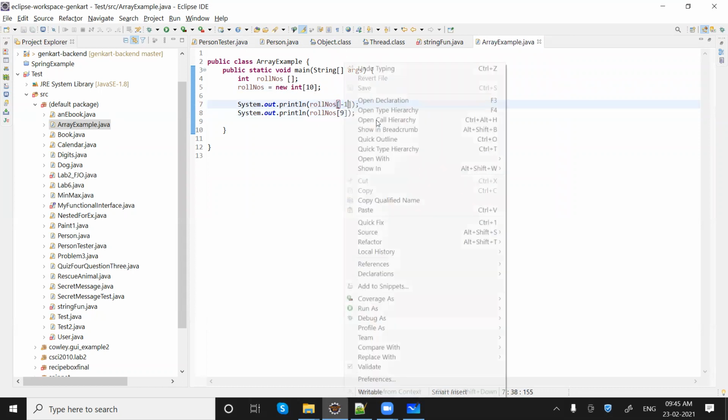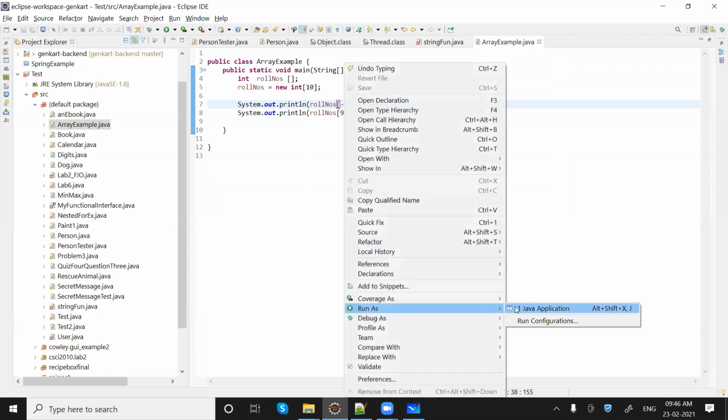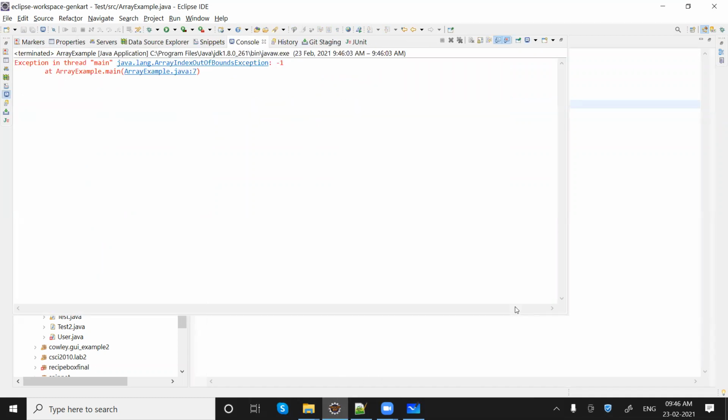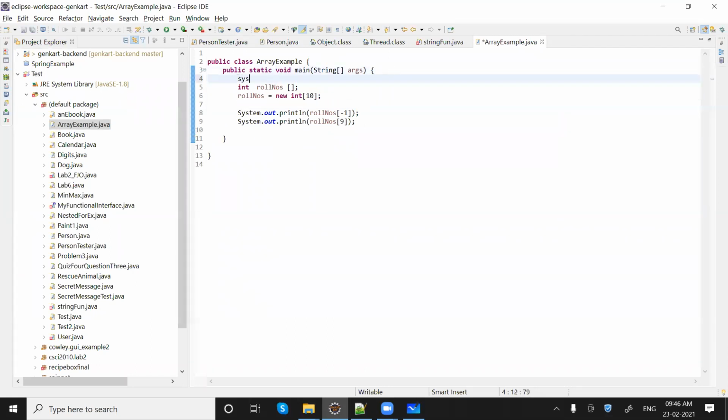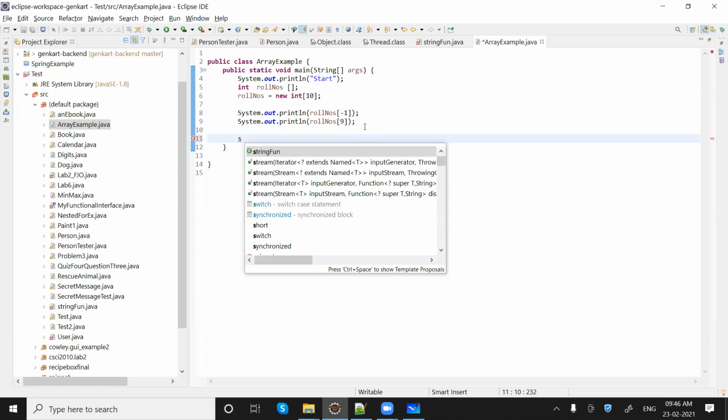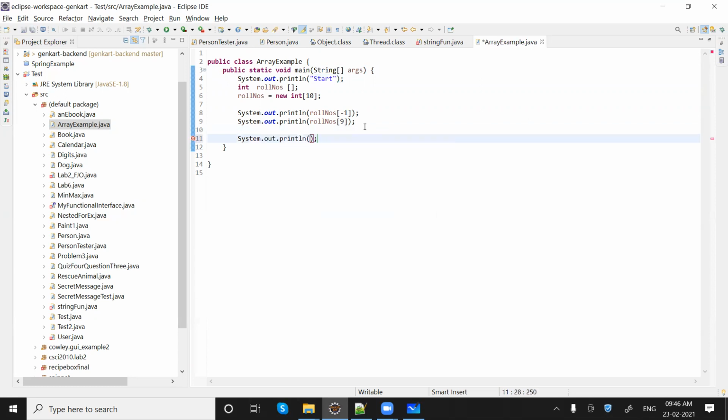Now what if I say -1, which is not a valid index? What we are getting is array index out of bounds exception. Just to show you whether our program is getting completed or not, this is the start and this is the end.